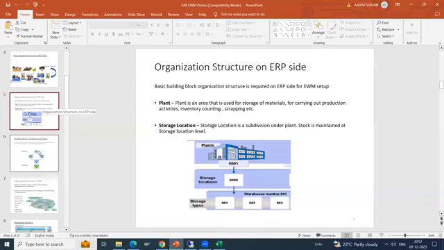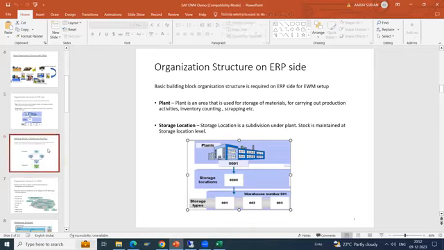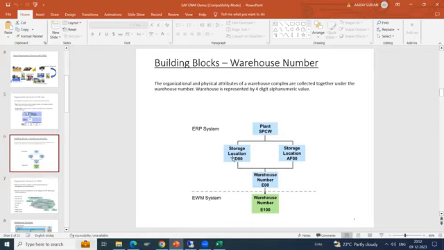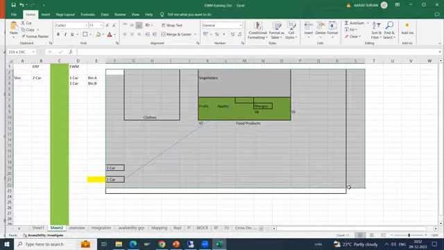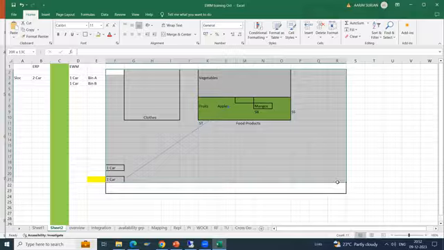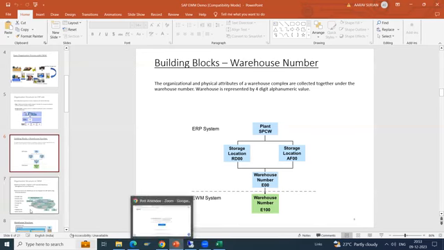Okay, so here we manage the inventory at the storage location level in case of no EWM. In case you have EWM, then the storage location is linked to your warehouse. In case of no EWM, this is called the storage location. The entire warehouse is called a storage location. In case of EWM, this is called a warehouse, where you have further division of the warehouse.